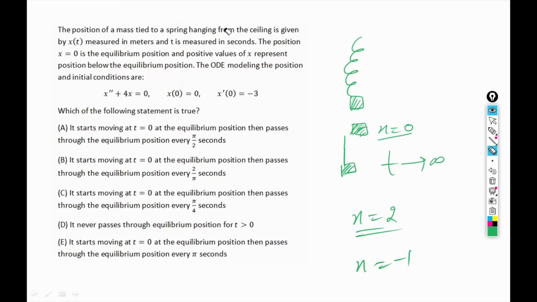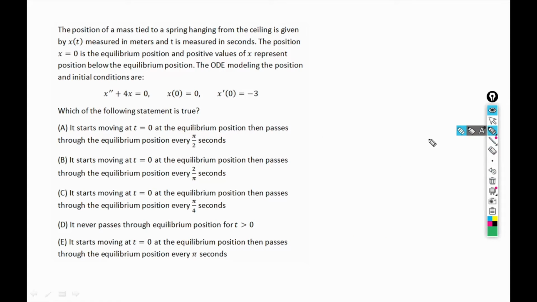Okay, so let's now read the question. The position of the mass hanging from a ceiling is given by this. Then x equals 0 is the equilibrium position, and the ODE model is given by this. Then which one of the following statements is true? So we have to solve this ordinary differential equation to get the function which tells us about the position of